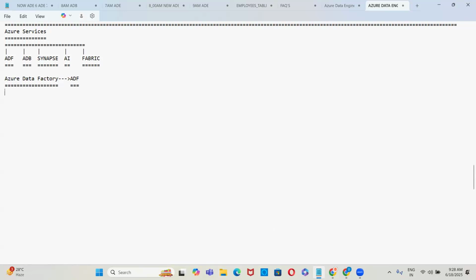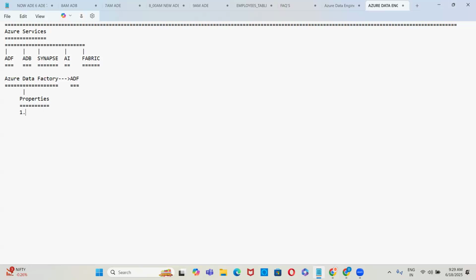So when we talk about the ADF, Azure Data Factory, the following are the services we have, guys. So to basically know the Azure Data Factory, we must and should know the properties, guys. Properties of Azure Data Factory. If you know the properties, then you know the whole Azure Data Factory, guys.